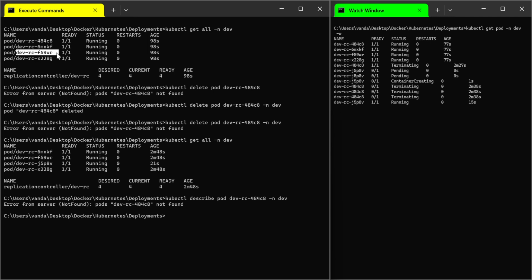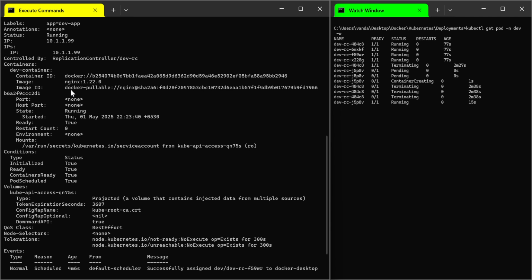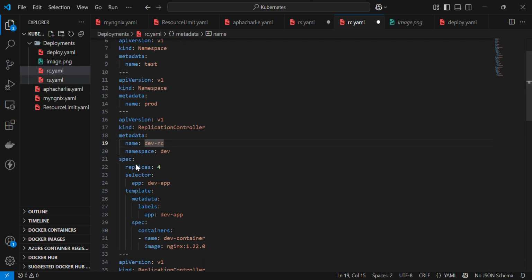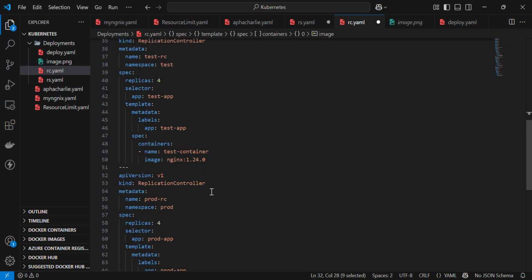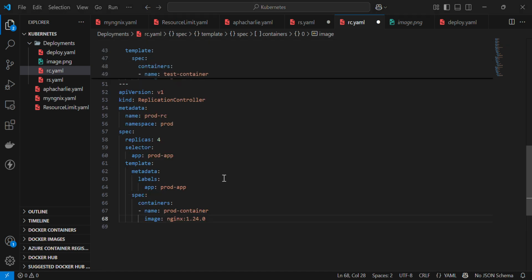Let me take any other one. Okay, I will take this one and execute the command. Once you see there, what it is telling is the image version is 1.22. That is the same image we have declared for the dev environment, in the replication set we have given 1.22. If you want to see the prod environment, what we will do is